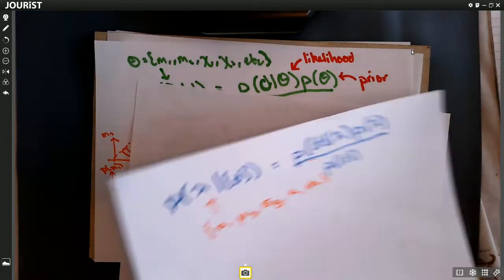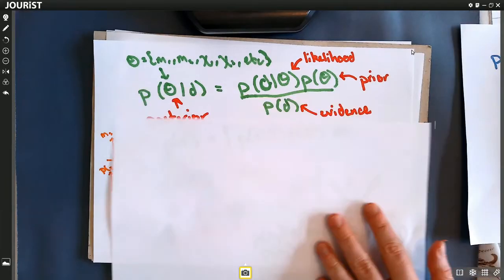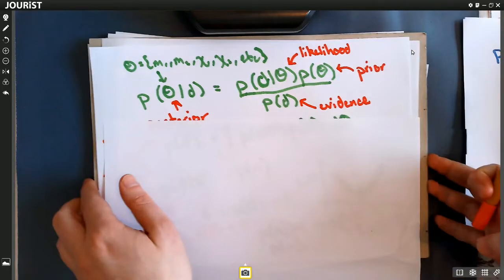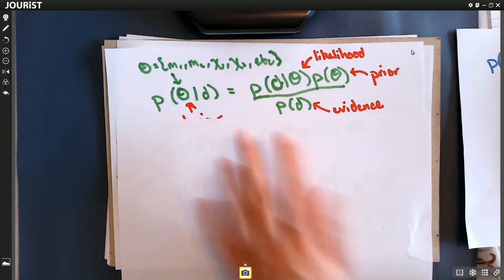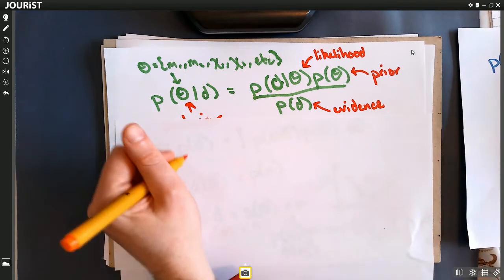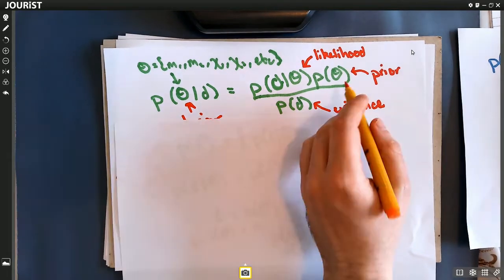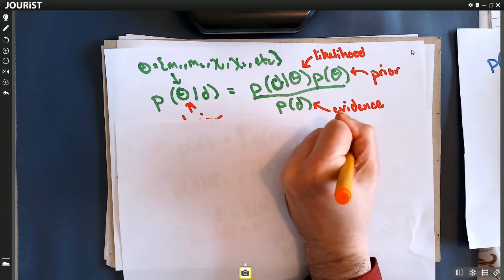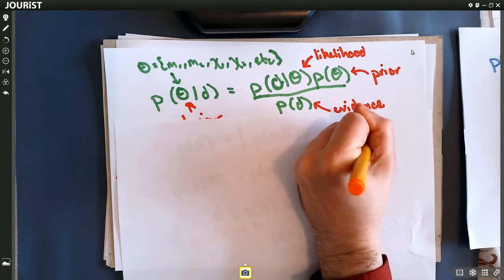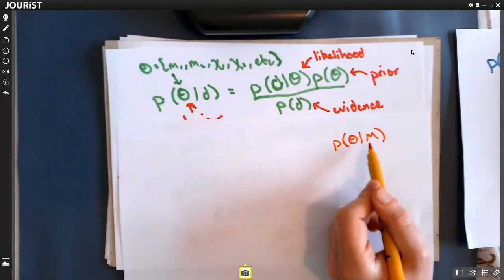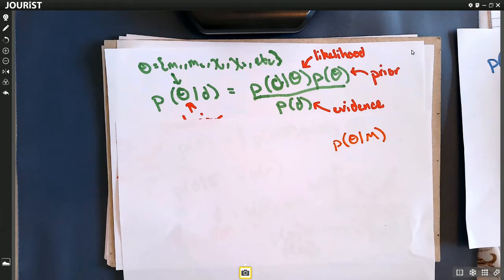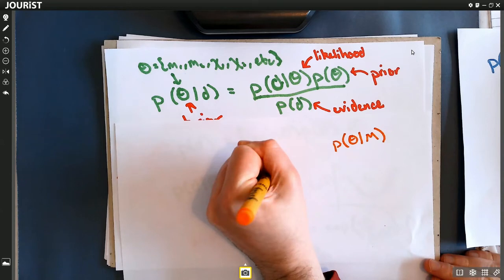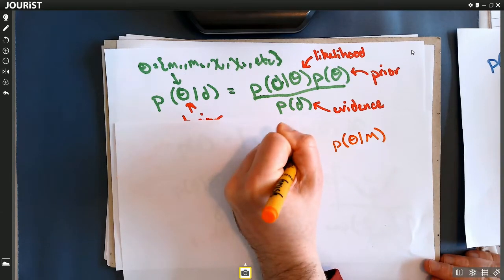We know we want to end here, but let's start for a second just at this single parameter estimation result level. And let's rewrite this slightly differently. What we are actually assuming when we do this is we have some prior here, and this prior we can write as being given some model choice. Okay, so I'm using M here to denote a model choice. So we have some prior given M. Our likelihood is the same, but it's also given our choice of model.